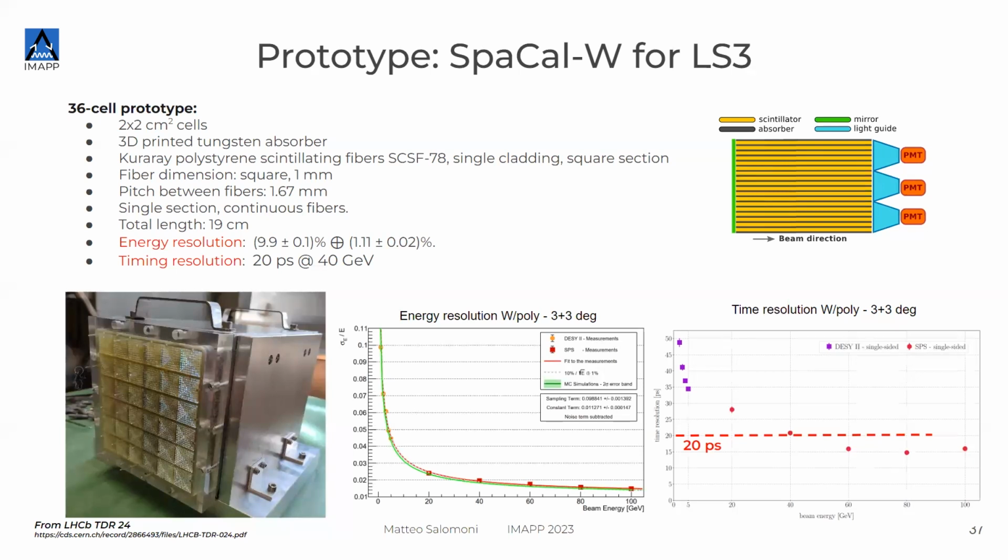Scaling up the technology might seem easy, but in the end it is not. For instance, with this module, the curious thing is that somehow you have to keep it together. Here we are keeping it together with outside mechanics. You see, these aluminum pieces are just meant to keep together all these fibers and this heavy material. But in the final configuration you cannot have it, because you cannot have that material in a calorimeter. Otherwise you will have losses, and a deterioration of the energy resolution.